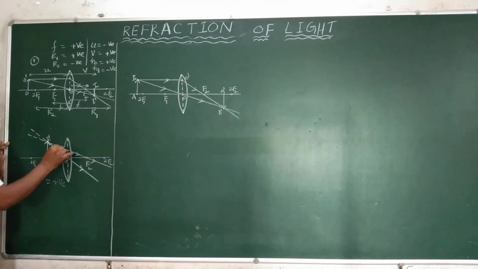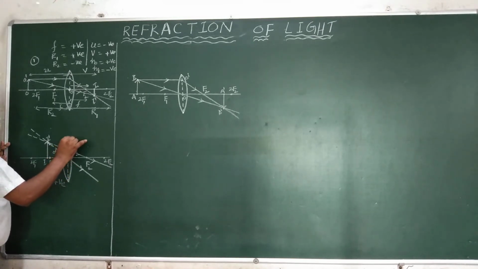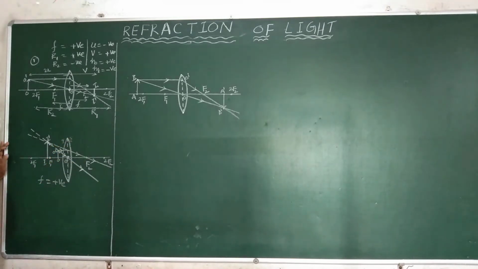The light is incident on this curved surface. That's why this is the first curved surface, and this is the second curved surface. The first curved surface is along this direction, so that's why here R1 is positive, R2 is negative. R2 means this is the second curved surface. We are measured like this.